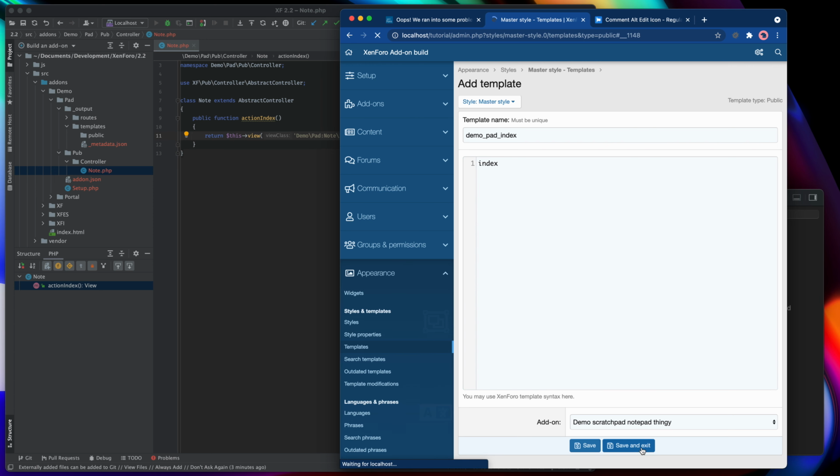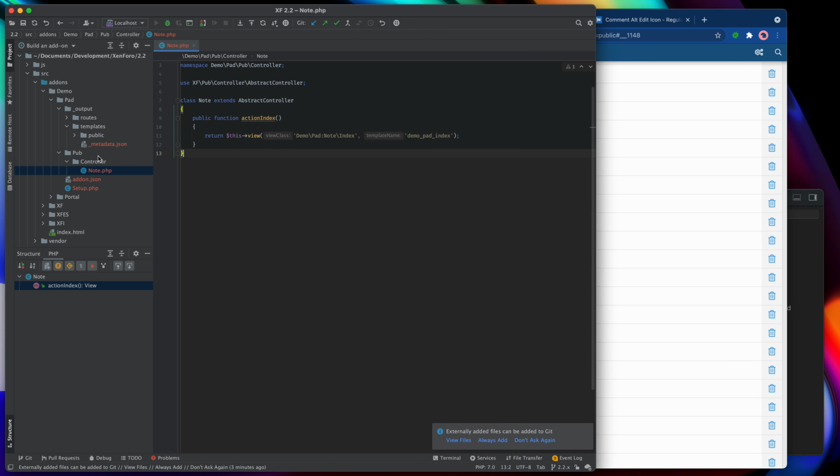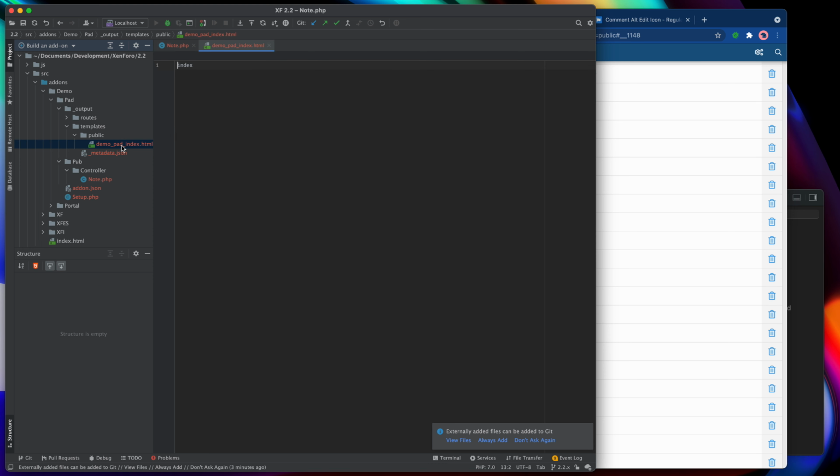So we'll save and exit that, and sure enough, there it is, and it tells me the add-on that it belongs to. And then you see that little chevron has appeared next to my public directory here, and there is demo_pad_index. So let's open it up, and there is the text that is in the demo_pad_index.